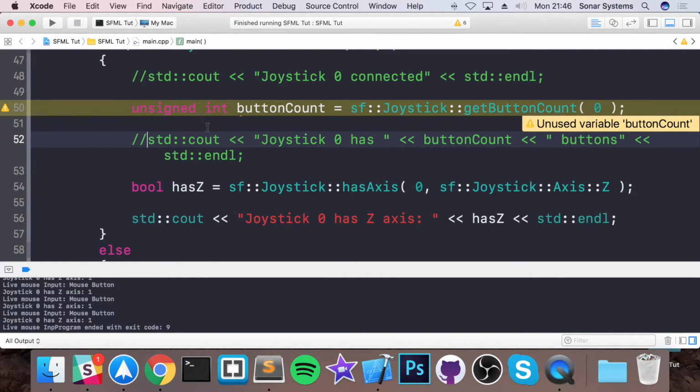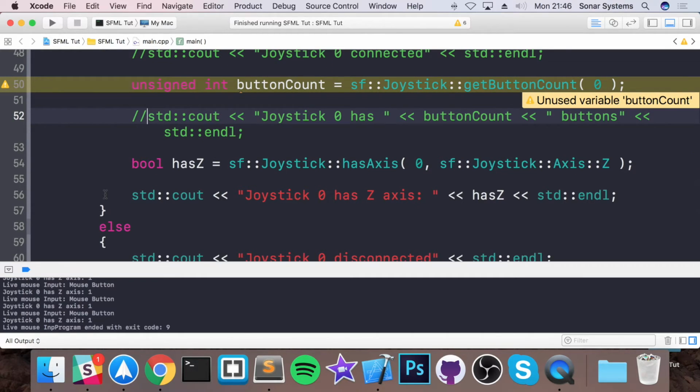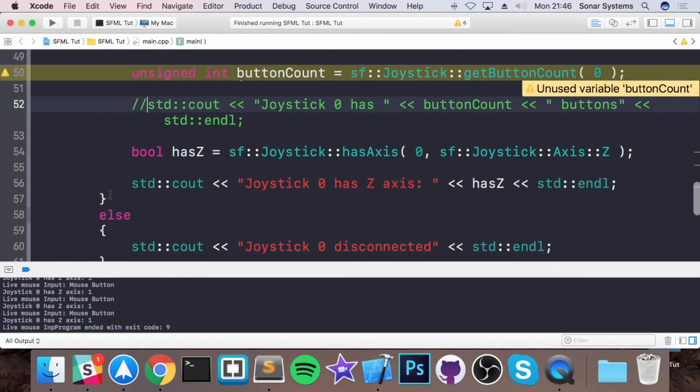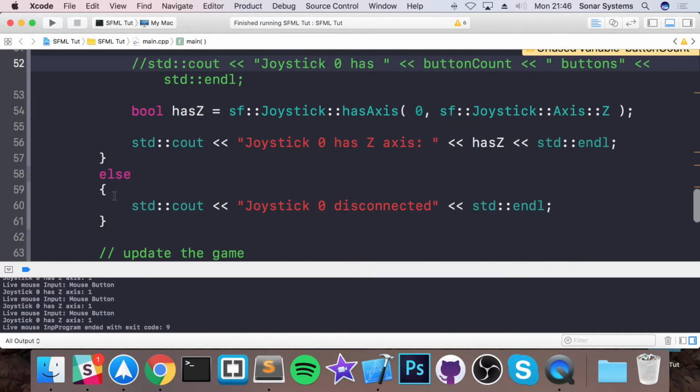And if that did occur, you could maybe inform the user that they can't continue because their gamepad isn't supported, or fall back to some sort of other input method, maybe something on the keyboard or something on the mouse, or another axis altogether. So now we're going to check how we detect if a particular joystick button has been